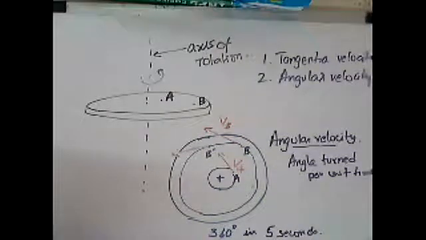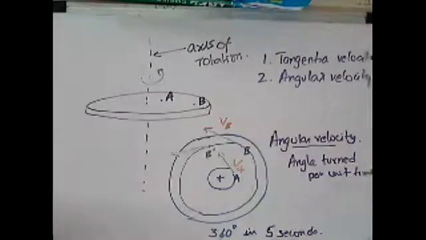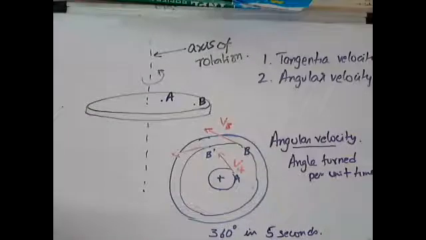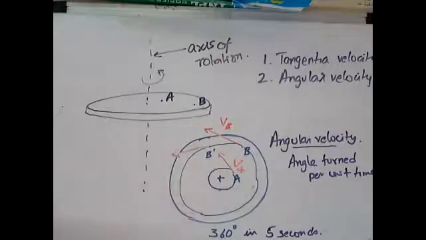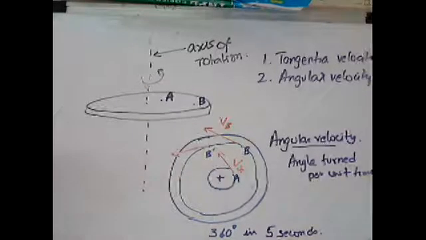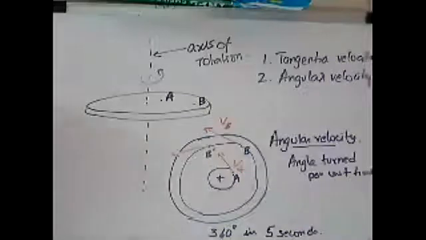Now, going back to what we had studied in the first chapter, Newton's first law, we can see that if the velocity of an object changes, then there has to be an external unbalanced force that acts on it. Now, the question is, where does the external unbalanced force come in? In a disk that is rotating, it's not completely clear where that force is coming from.